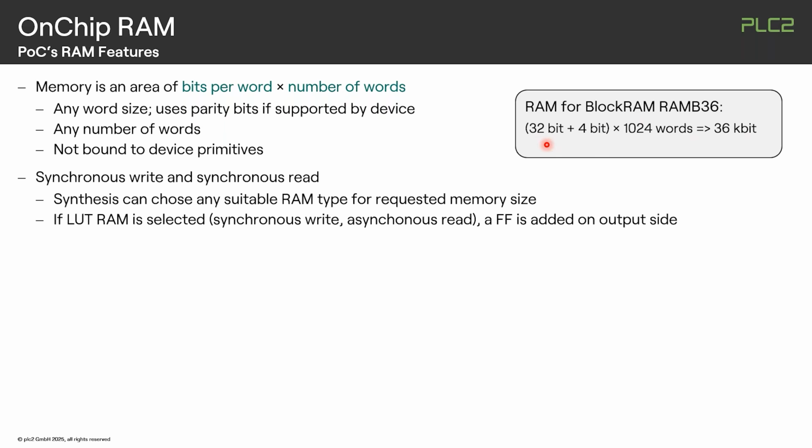As I said, there's a synchronous write and read operation, and this means synthesis can decide for the RAM type itself. And if a LUTRAM is selected by synthesis, which means that there is a synchronous write operation but asynchronous read operation, then synthesis automatically will add another flip-flop on the output side to create the synchronous read operation. Then again, we have 2 cycles delay